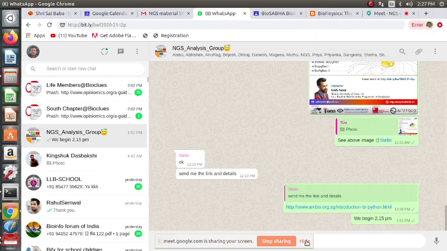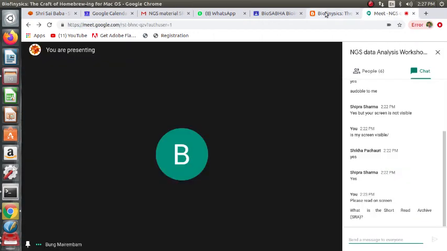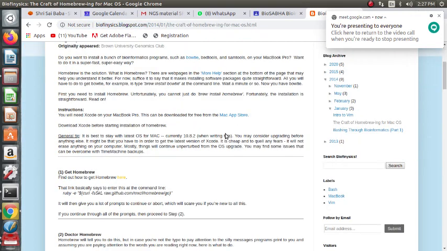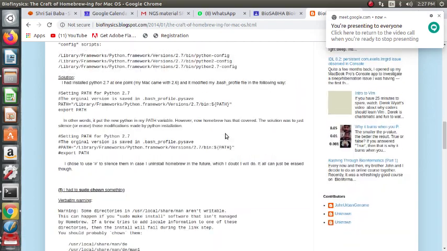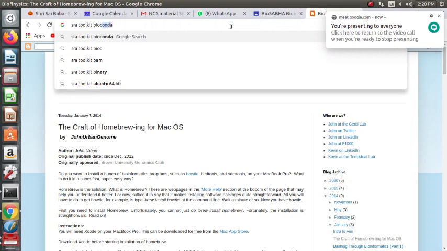Please install this. Follow the instructions there to install all the commands, using Homebrew for macOS. It may take some time, but please install this. So let us see, for example, SRA Toolkit, Bioconda.